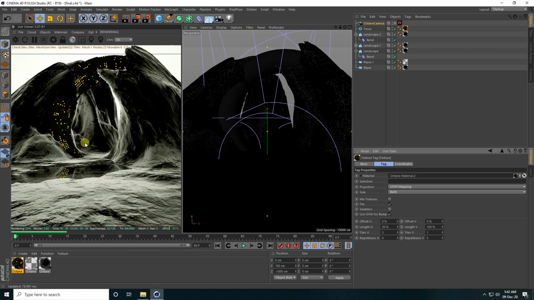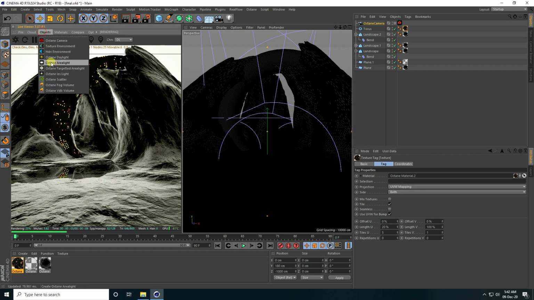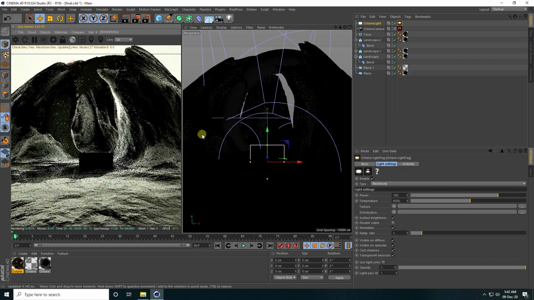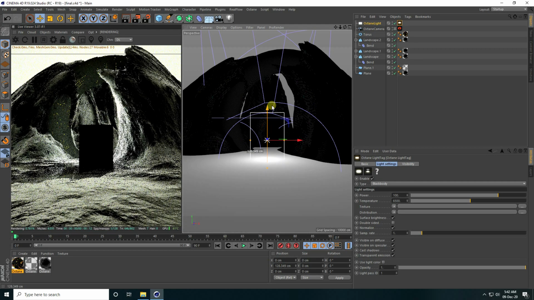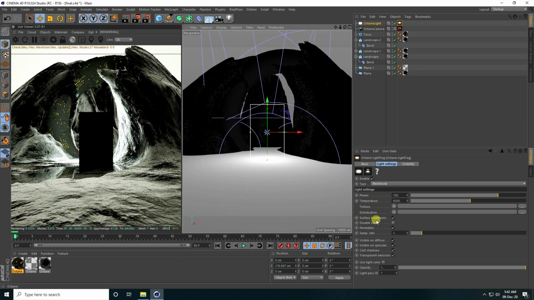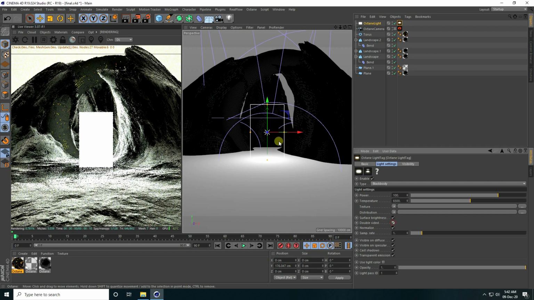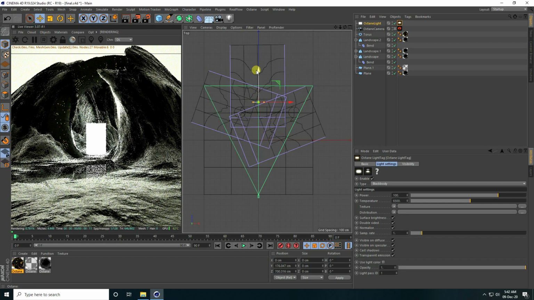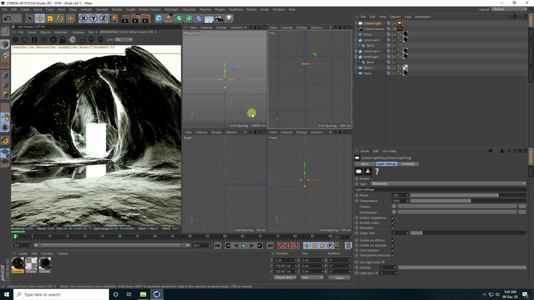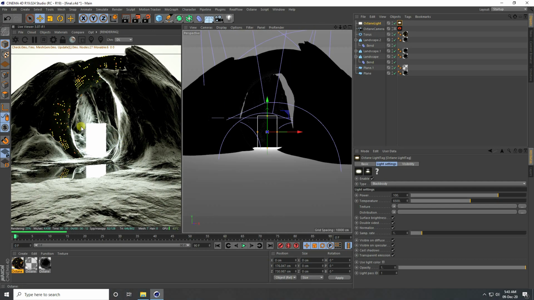Okay, so now guys, I apply a simple area light, this one, and increase the size. Guys, surface brightness check and double sided check, and go to back like this. Yes, right, that's really good. Okay, so now guys, you can also change the light color.